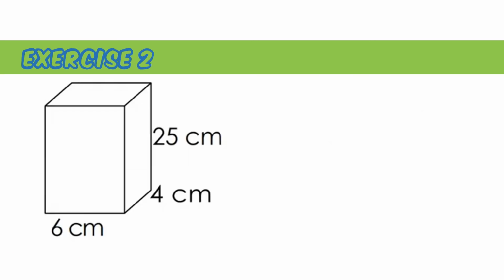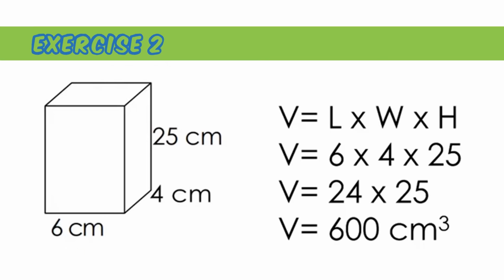Exercise number 2. Okay. So we have the length of 6 centimeters. The width is 4 centimeters. And the height is 25 centimeters. So we use the formula length times width times height. We substitute the number of length. Ilan ang length natin? 6. The width is 4. And the height is 25. 6 times 4 gives us 24. 24 times 25 is 600 centimeters. And do not forget to write the number 3. It is read as 600 cubic